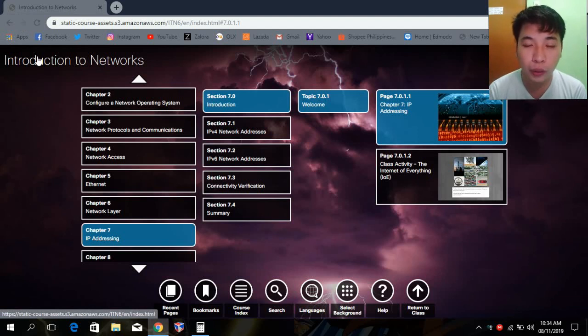Tolosa. So for this day, we will do all the activities in NetAcad, which is in chapter 7. But before that, we need to read the introduction of this chapter. So we go to